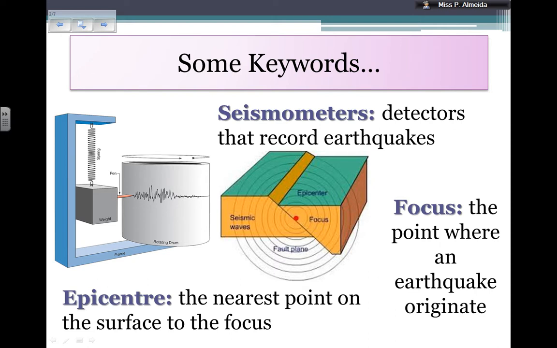So they are these seismometers, and they are detectors that record earthquakes. And this is how they look. So there is a frame, there is a weight attached to a spring, and whenever the earth is moving, this weight is going to move around. And it doesn't get out of place because of the spring, but it can move up and down, sideways,